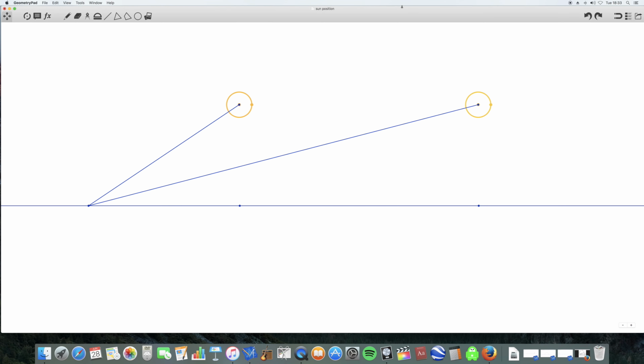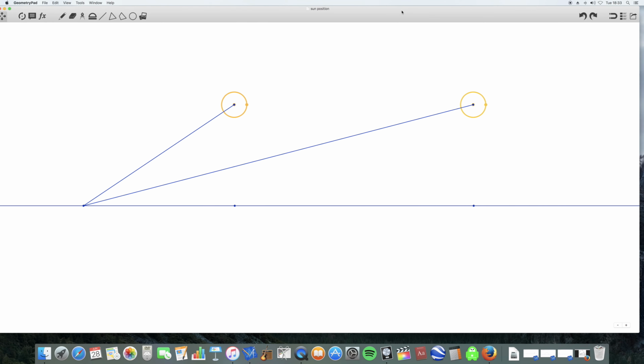Let's look at a similar diagram to the one p-brane was talking about. So you've got, let's presume it's a flat Earth. You've got an observer down here on the ground at the left. The sun at one point in time is here, and then later on it's over here on the right. So we can imagine the light travelling from the sun in straight lines to the observer.